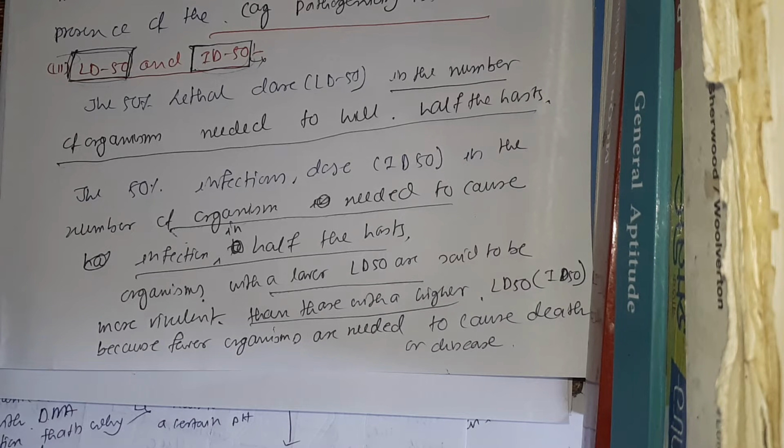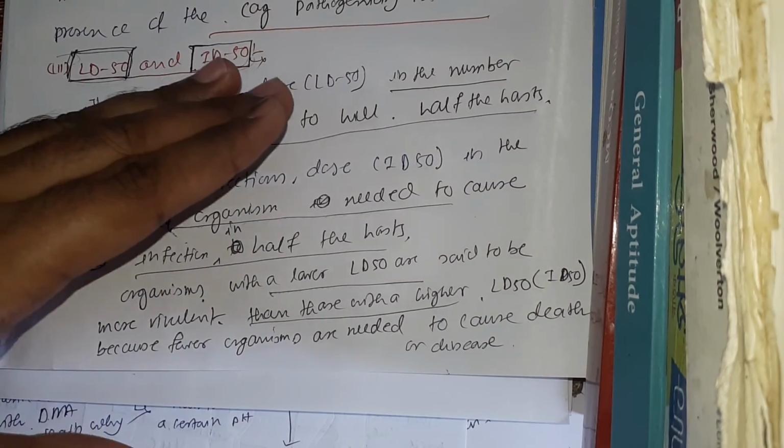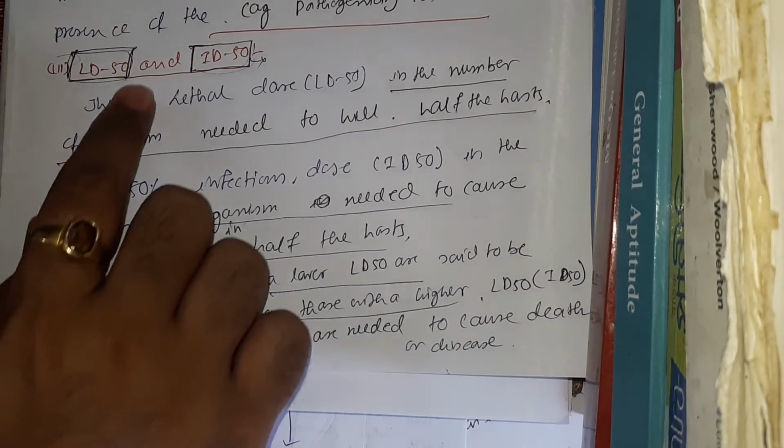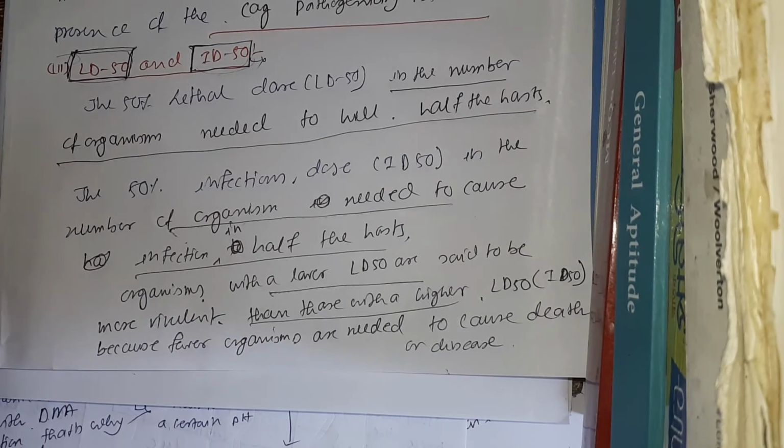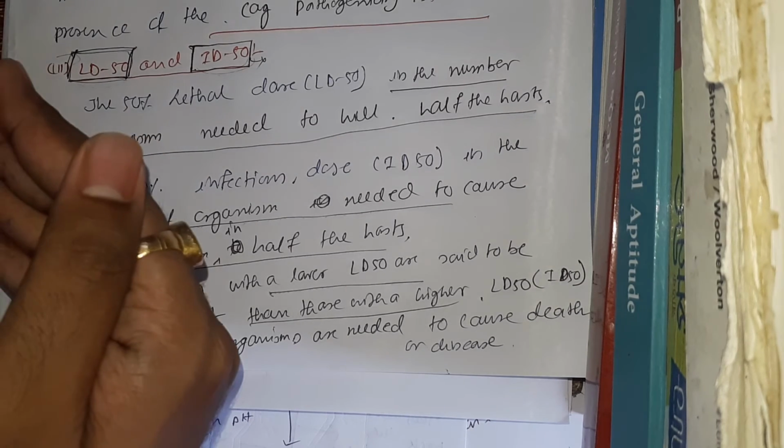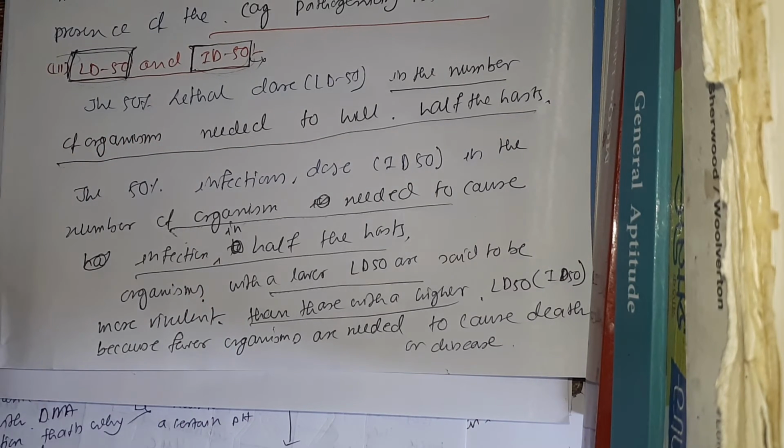Now you tell me, is an organism with a lower LD50 more virulent than an organism with a higher LD50, and is an organism with a lower ID50 more virulent than an organism with a higher ID50? The answer is the organism with a lower LD50 is more virulent. Similarly, in the second case, the organism with a lower ID50 is more virulent, because in case of lower ID50, that means organisms require a lower number of organisms